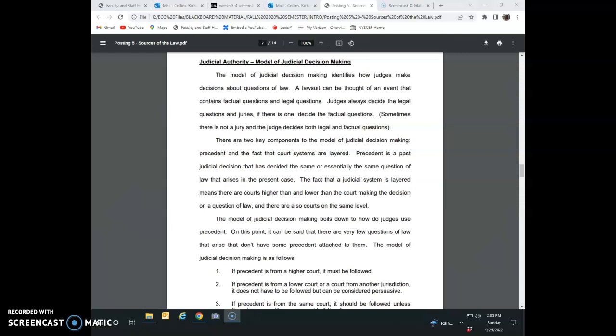So that's our definition of precedent. A little bit more about that later, but that at least gets us started with a working definition. And let's talk a little bit more about these layered courts. If we're involved in an actual lawsuit in a trial court, and that lawsuit ends without a settlement, but a decision has been reached, we're going to look at the possibility of the party who did not prevail appealing.